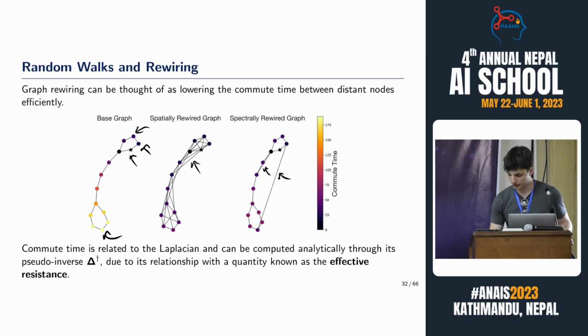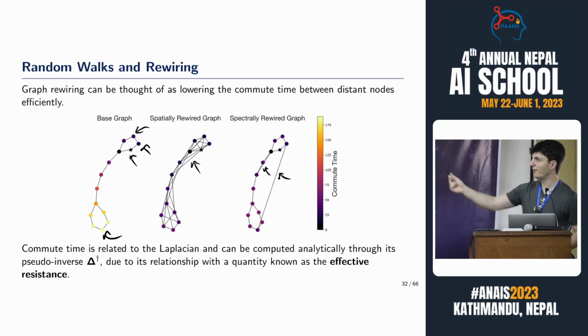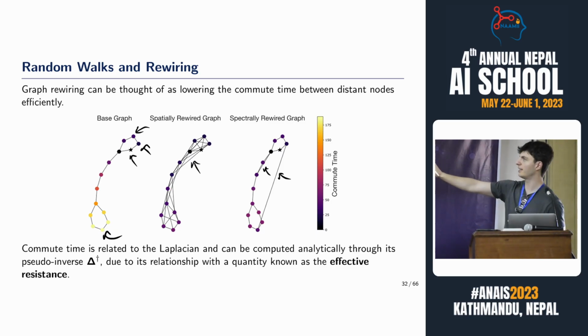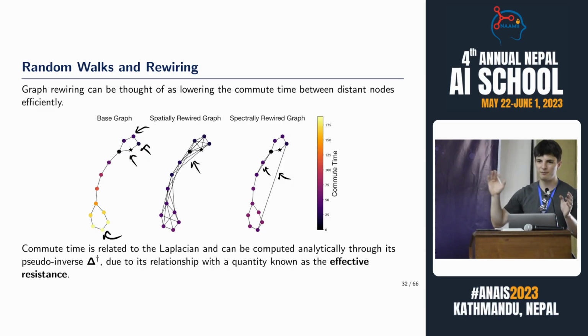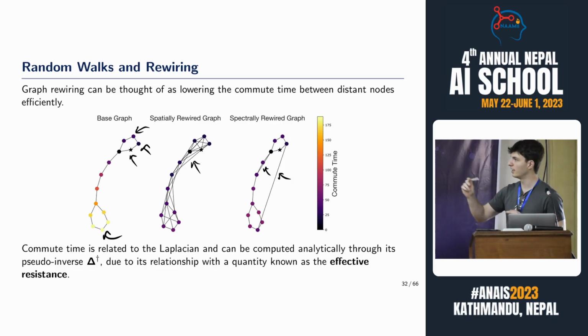And now in this graph here, we connect every node that's within a 2-hop radius. The graph obviously gets many more edges, so we say that this graph is more dense, but the commute time gets pretty low, much lower than 175. But here on the right, we only add 2 more edges. We only add this one and this one. But you can see that the effect on commute time is very similar. So in one case, I'm adding almost no edges, only very targeted ones. And in the other case, I'm adding